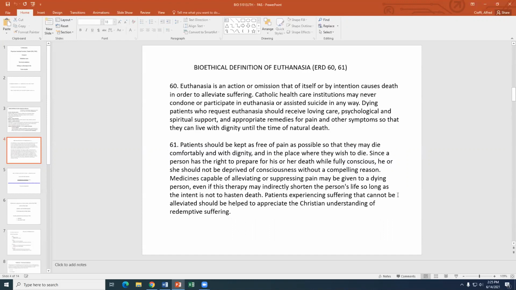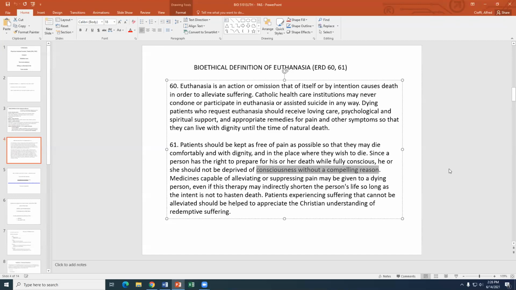Since a person has the right to prepare for his or her death while fully conscious, he or she should not be deprived of consciousness without a compelling reason, right? So at some point, the side effect of analgesics or painkillers is that it will render the patient unconscious. However, that's not without its consequences and not without importance, because